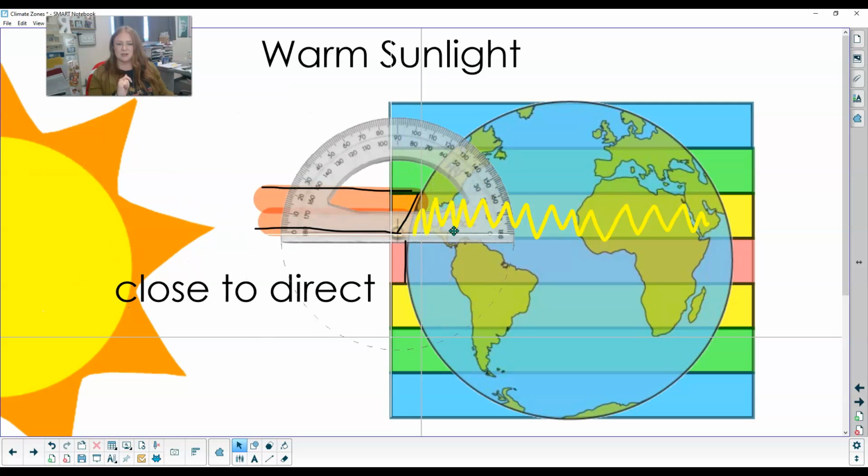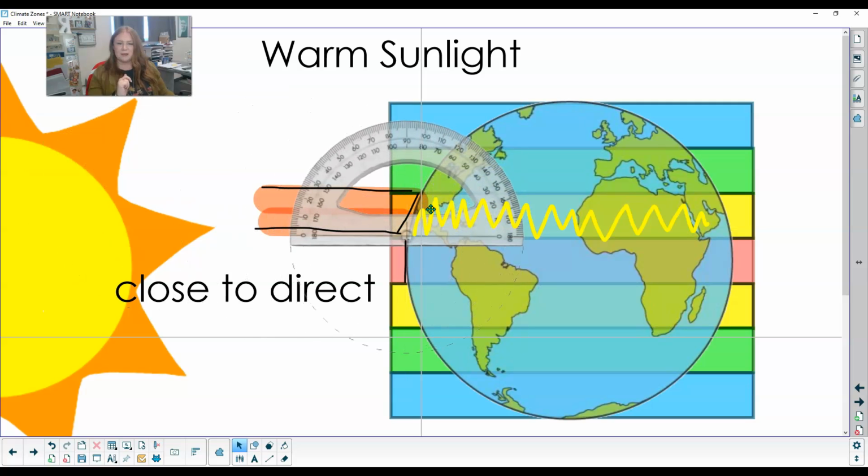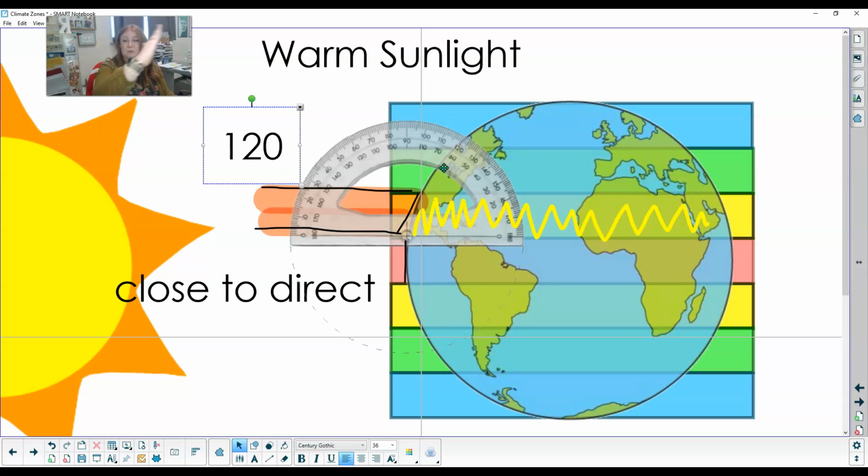So if I measure this angle, it is about 120 degrees. So it's having to spread, right? So it went from 90 to 30. So at 120, it had to spread about 30 degrees to spread out that light. So it's close to direct, but it had to spread it out a little so it's not as warm as